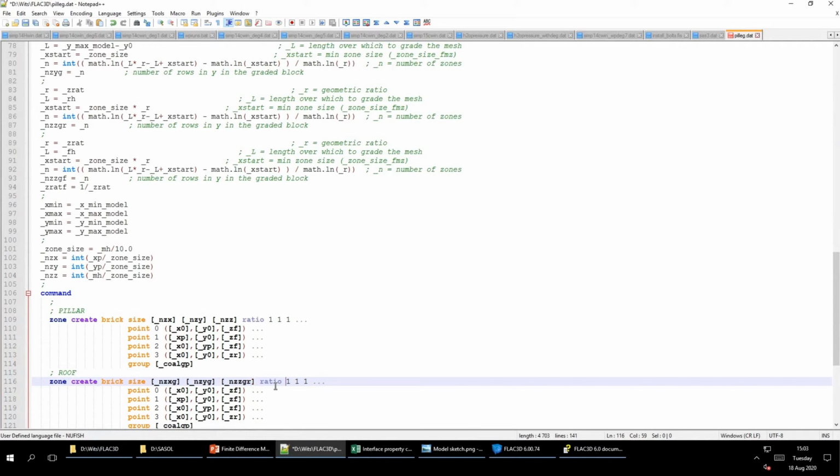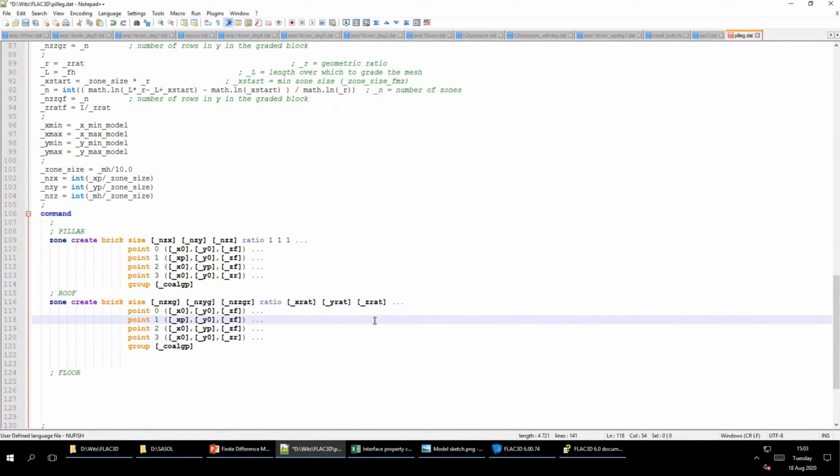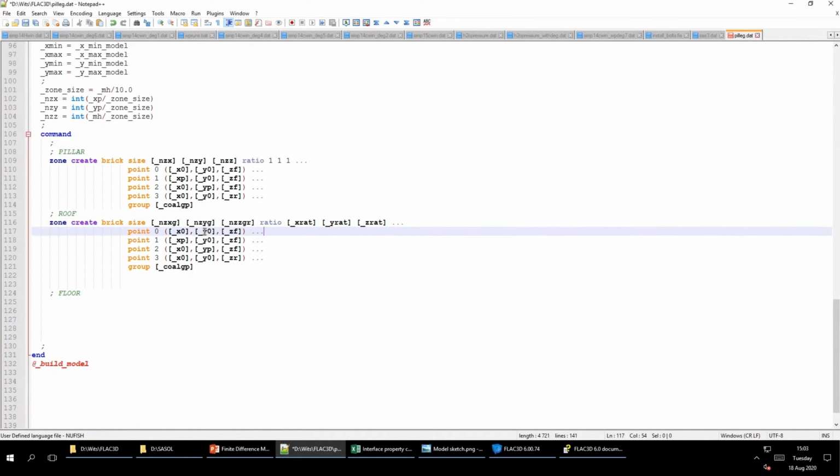Yes, ratio is then X rat, Y rat, Z rat. Yeah, I'll just leave it at Z rat. Make one for the floor. Okay. All right, and the positions are for